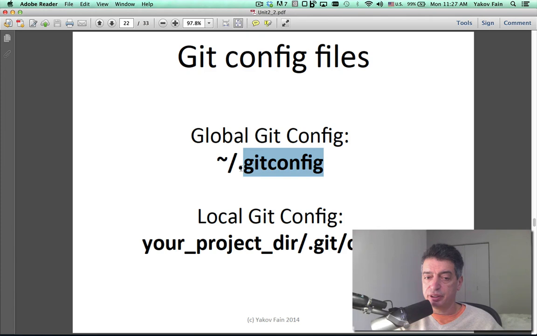In your user root directory, there is a file git config. There are some changes there, and as I said, in your local project, there is a config file with the configuration options for the local project. So each project has its own config, plus there is a global config, which in particular has